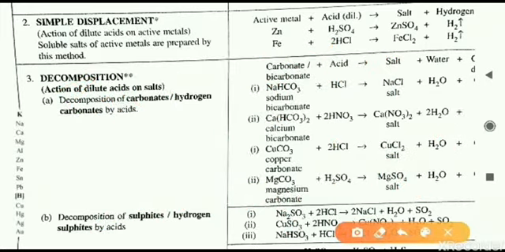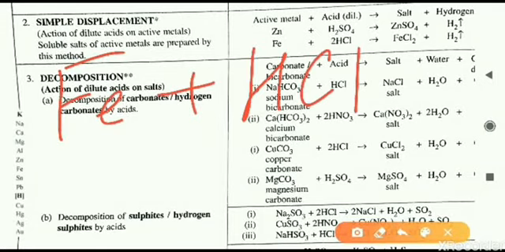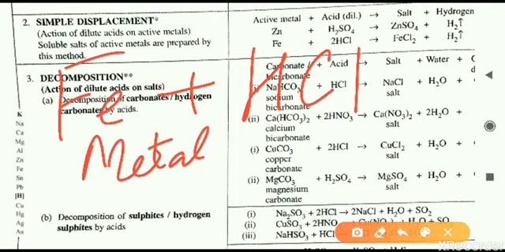Similarly, one more example is given. Iron, that is a metal, reacts with this acid containing hydrogen. HCl is an acid, so metal reacts with an acid, that is the equation. This is a metal, and we can say this is an active metal. Active metal means those which are generally more reactive, which are placed above hydrogen. All the metals placed above hydrogen in the activity series are generally referred to as active metals.